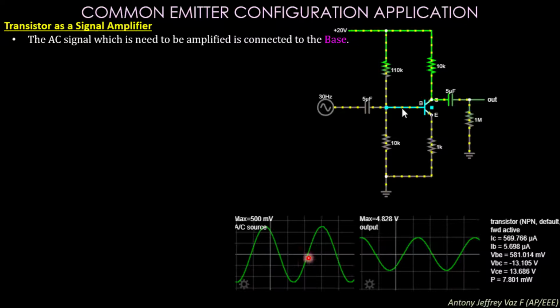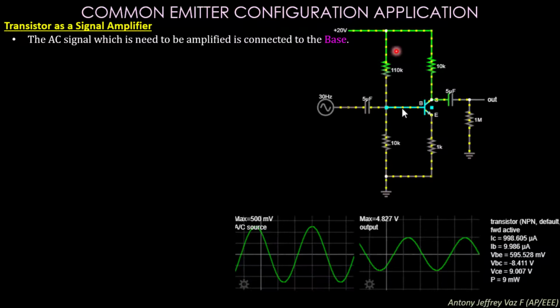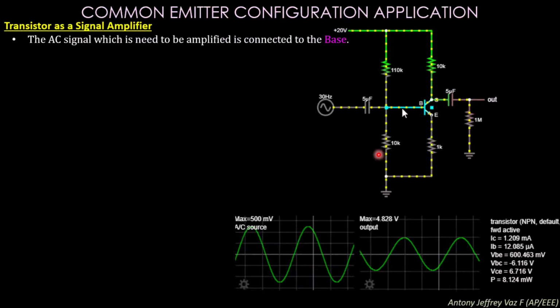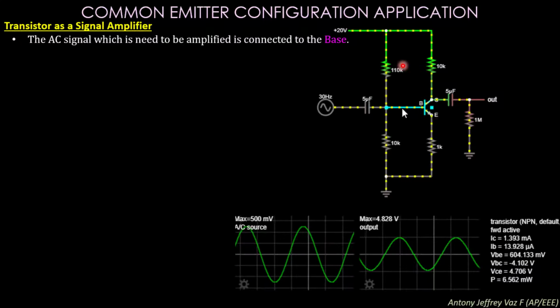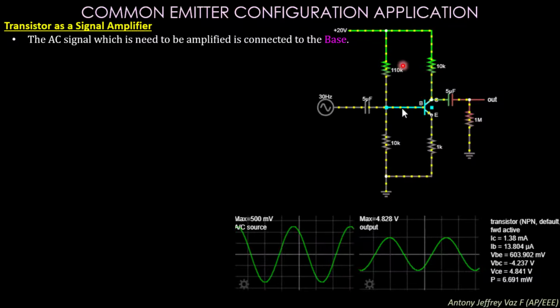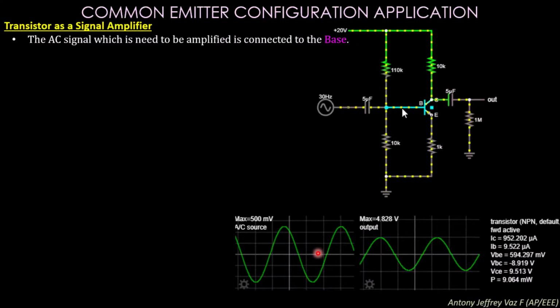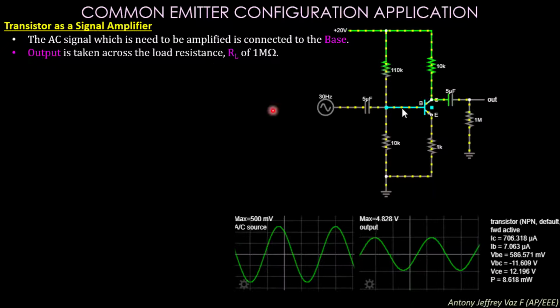To do this, you are using a potential divider over here. Okay, so this is the potential divider circuit which is used to make the transistor always be biased in the proper direction irrespective of the sine wave. So let us see one by one.